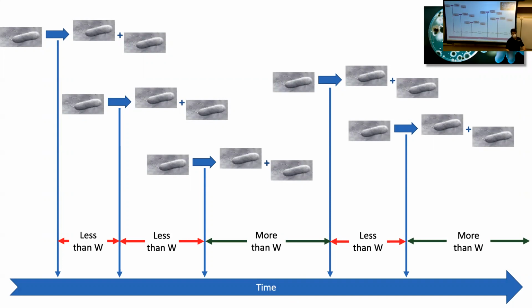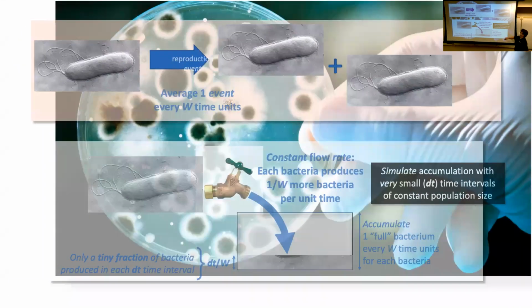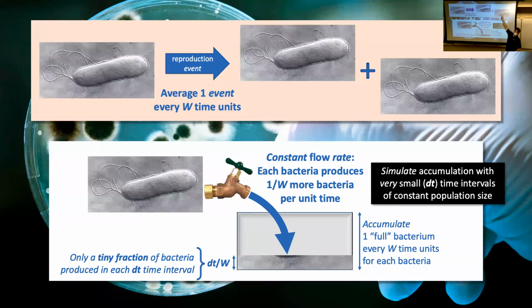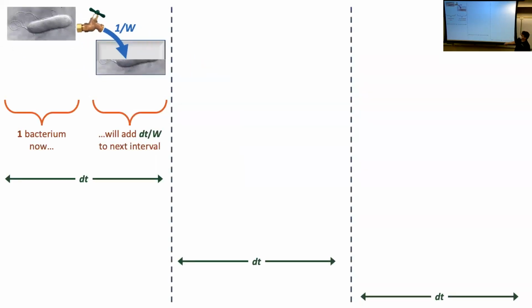And so we took the approach of saying, let's model the average behavior. We're going to take this description of an event-based system where events happen with variation, and replace it with a system where everything operates in the average case. So if I were to have a time period with one bacterium, I'd ask, on average, what's the rate of generation of new bacteria in that constant time period?